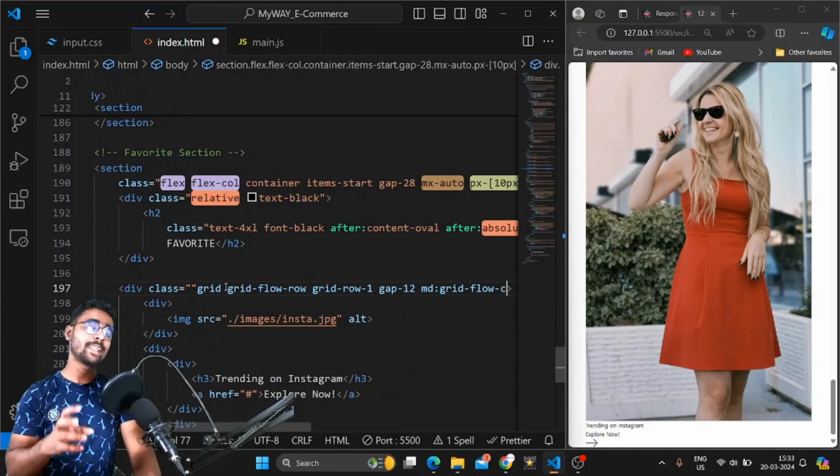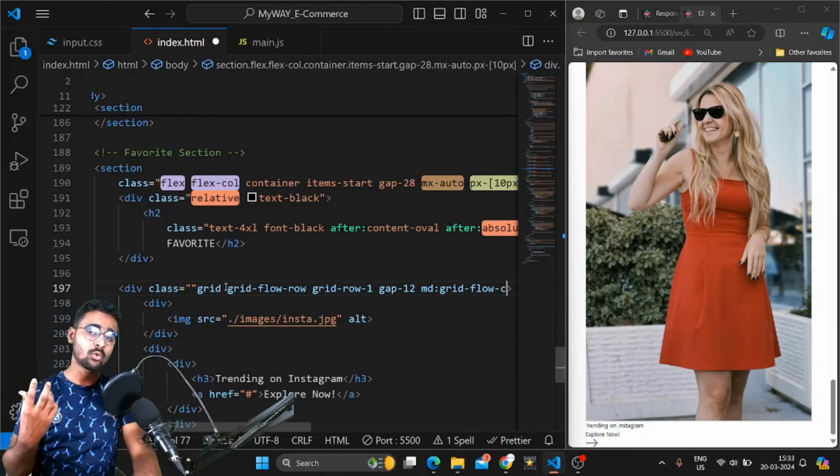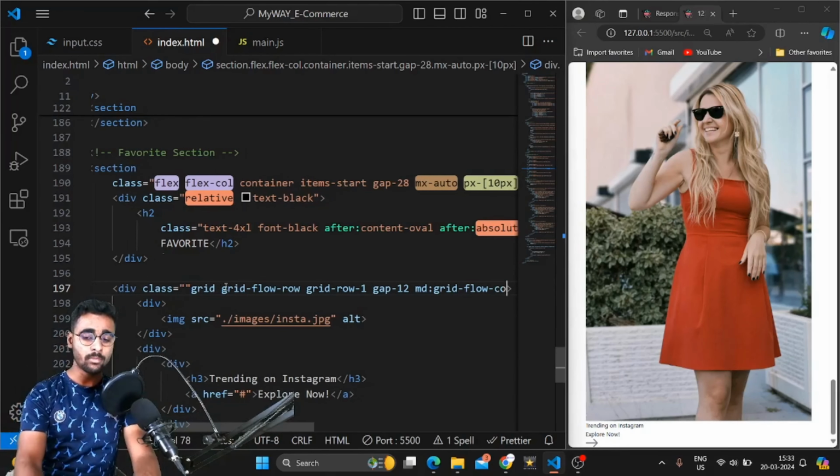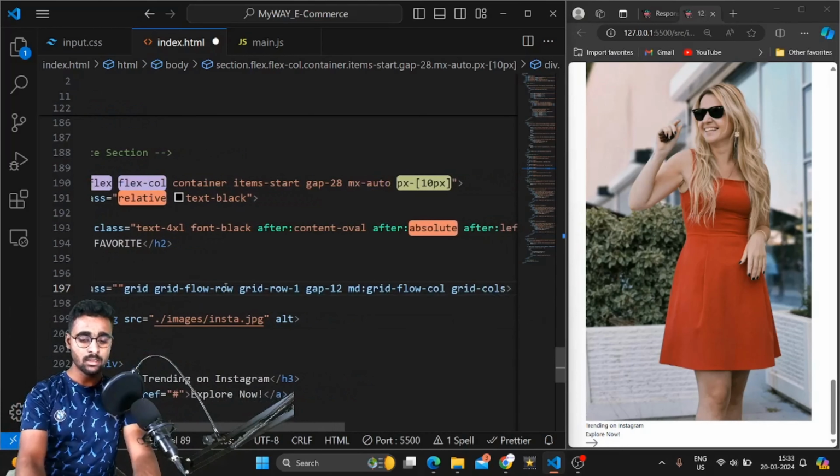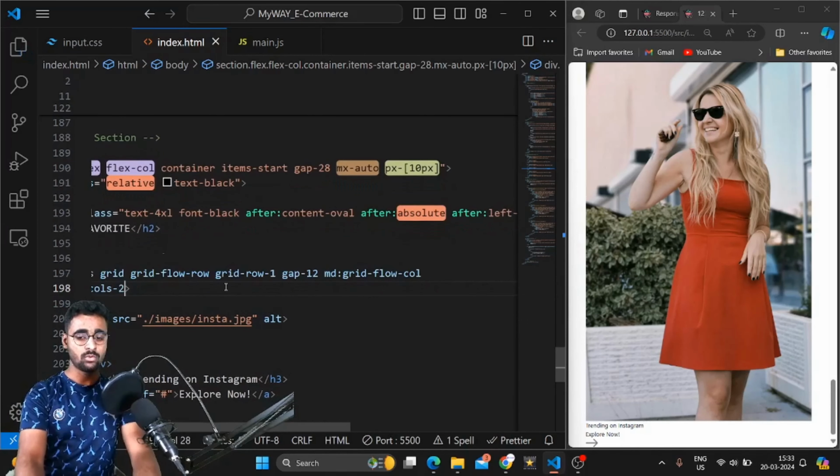As on the mobile device it will be a row, so on the medium devices and more devices, I mean after the medium devices like extra large devices, double extra large devices, for that it will be a column, and grid cols I will take as 2. Okay,